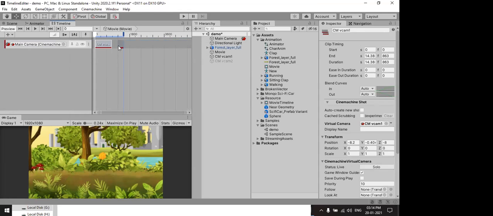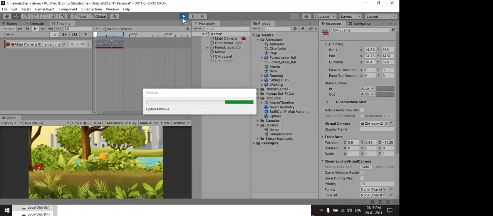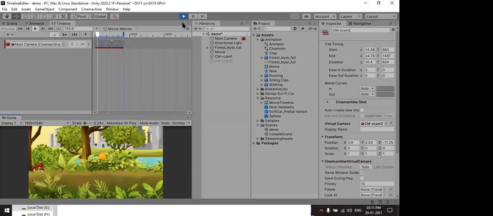Up to this point, camera 1 will be shown. Thereafter, camera 2 will be shown. Now I play the scene, and nothing special will happen. Suddenly it will be transferred there. It will show camera 1, then suddenly go to camera 2. How to blend it? I will explain. Camera 1 shows until now, and then it reaches the second view automatically. It will show the second virtual camera, immediately changed.